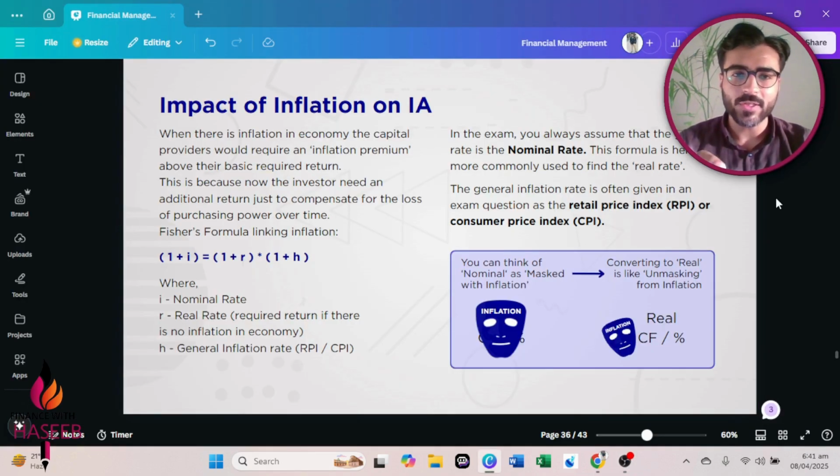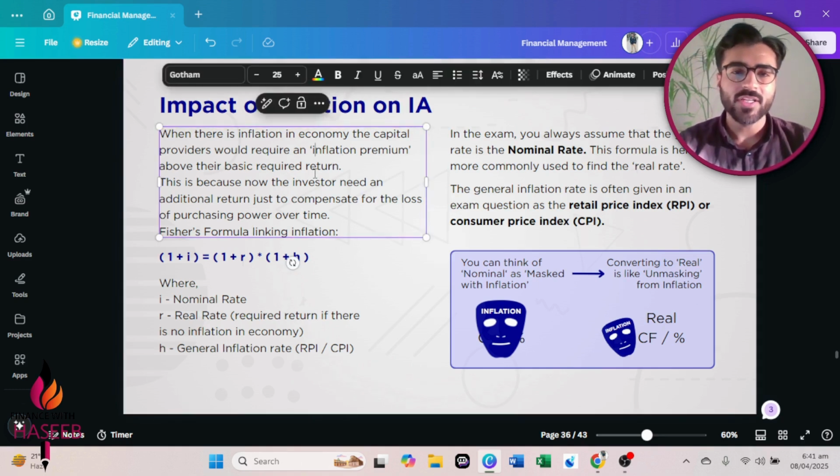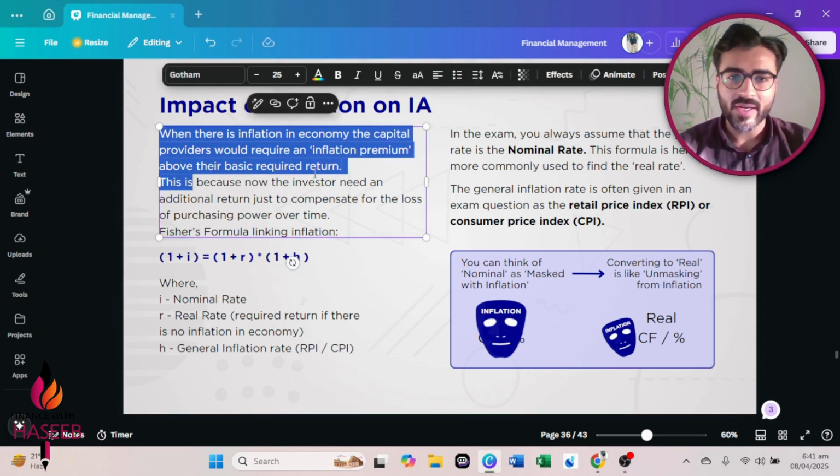In this video, we will be talking about the impact of inflation on investment appraisal. So let's read. When there is inflation in an economy, the capital providers would require an inflation premium above their